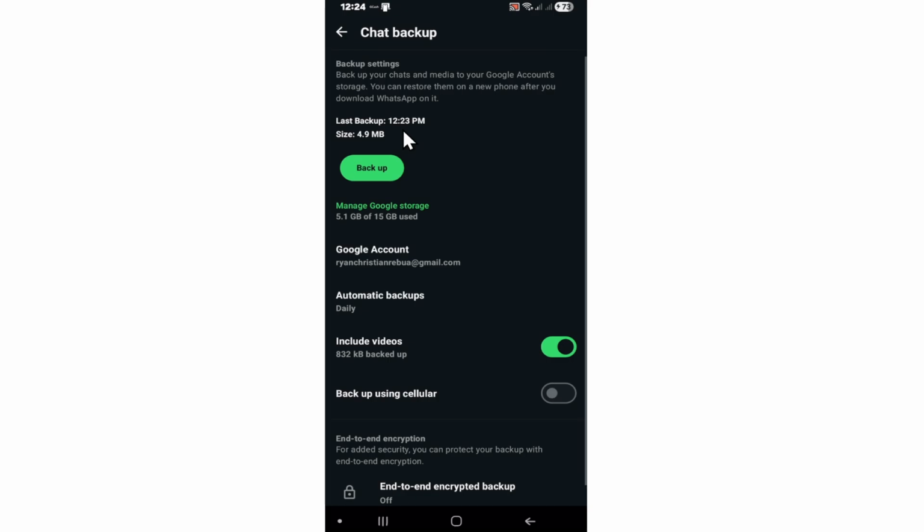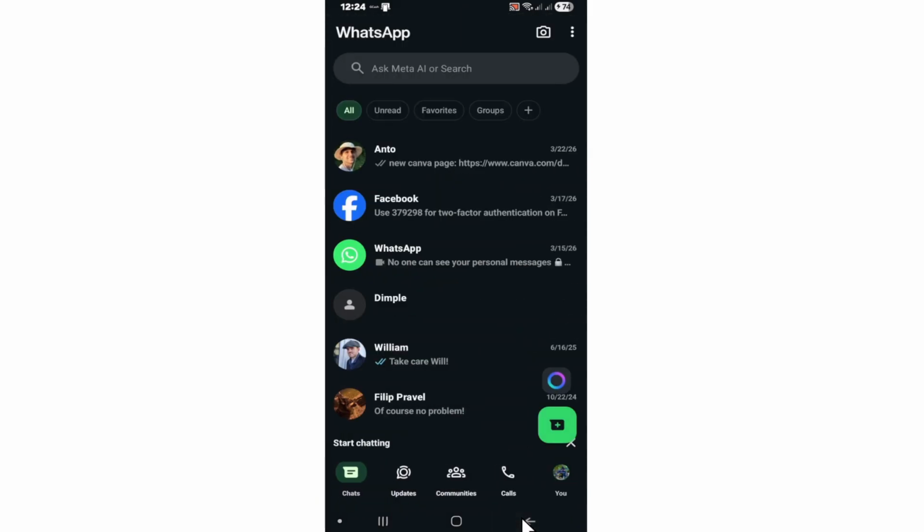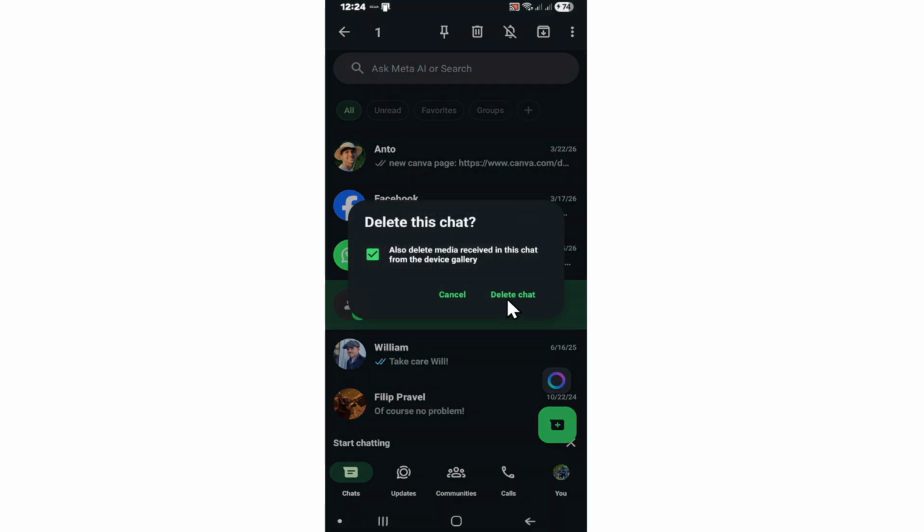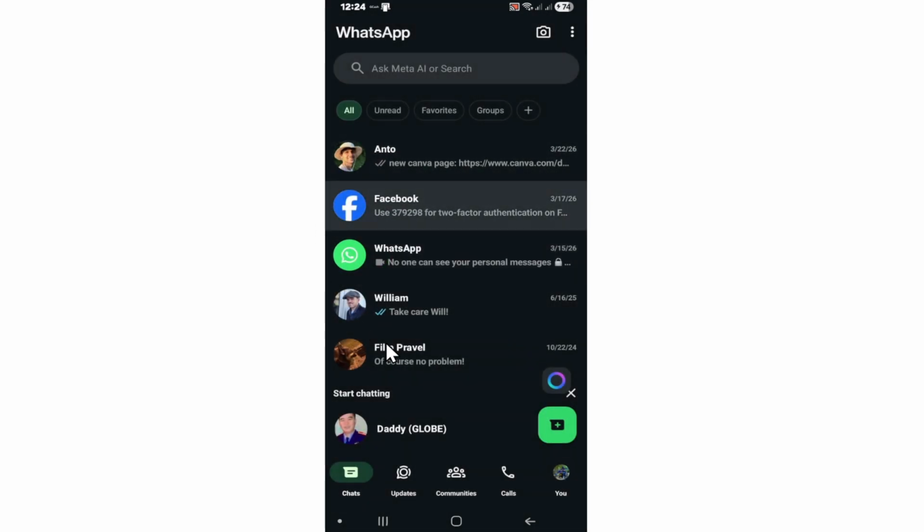Now, let's say, for example, you have deleted a message. Okay, let's say I'm going to go ahead and delete this message right here. Tap and hold, delete. Now, since we have already, okay, listen closely, since we have already made a backup where